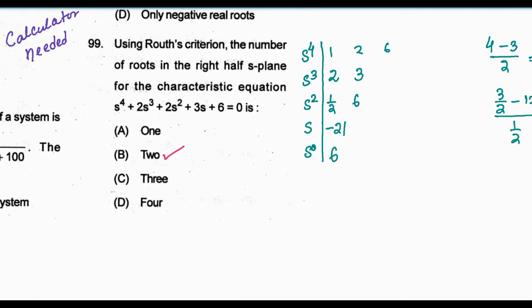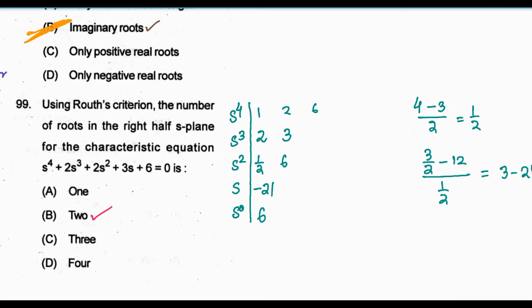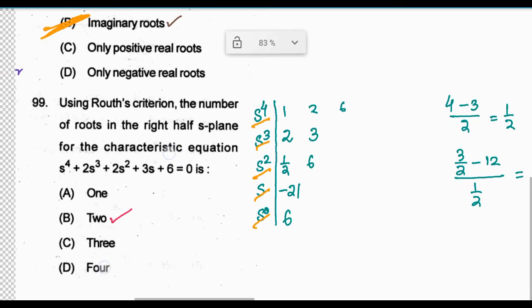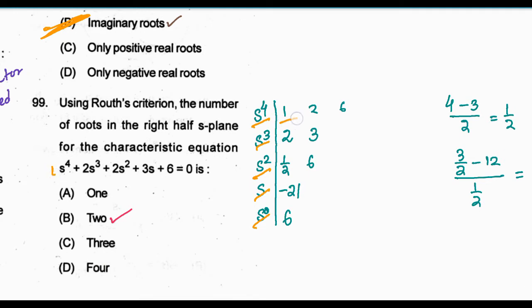Using Routh-Hurwitz criterion, the number of roots in the right half S plane of the characteristic equation s to the power 4 plus 2s cube plus 2s square plus 3s plus 6 is equal to 0 is. So we have to find out the number of roots in the right half of S plane. So we will form the Routh-Hurwitz array, and this is s4, s3, s square, s to the power 1, s to the power 0, and we will arrange the coefficients, and here first 1, then 2, this 2, and then 6,